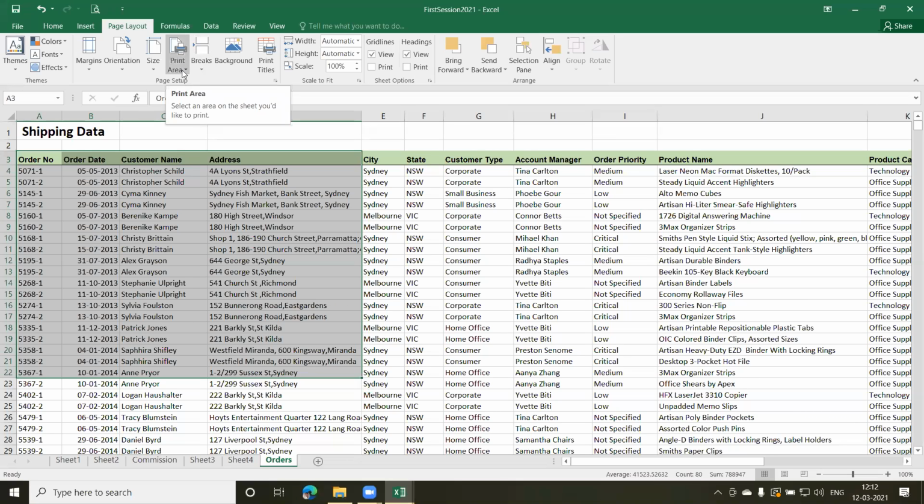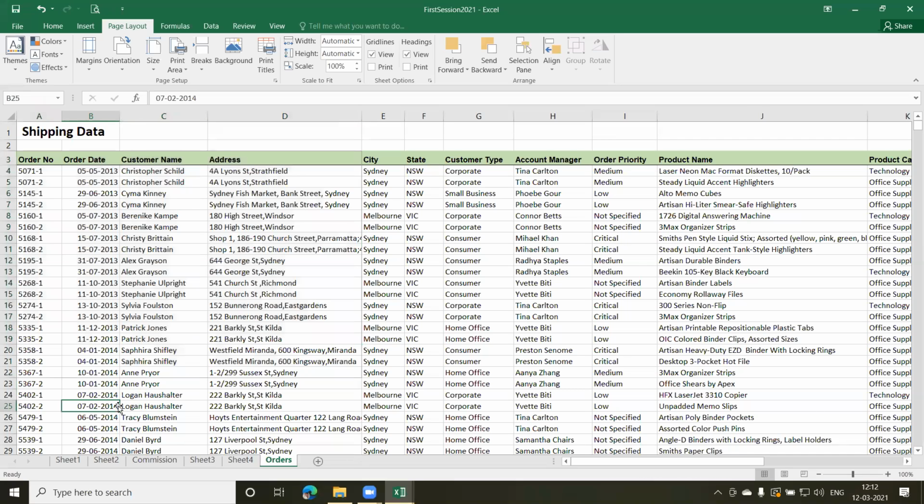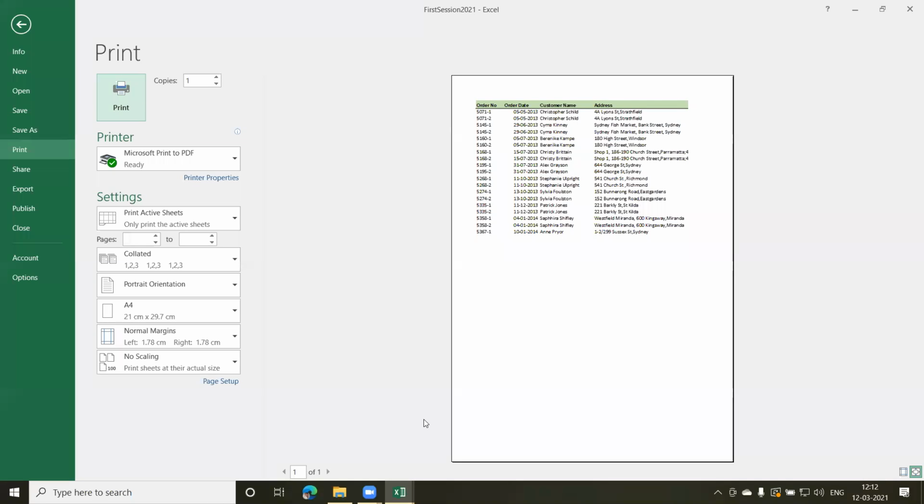That is your print area. Okay, so I can set the print area. Once this is set, I can go to the print preview. You can see print. I press Control P. That is my shortcut from the keyboard. And the one which I had selected, only that much will be visible here.